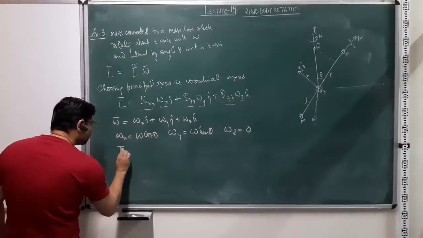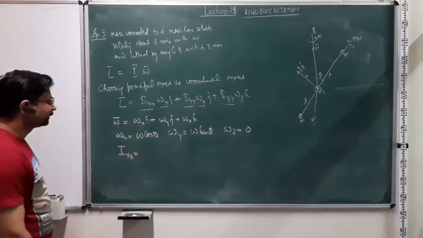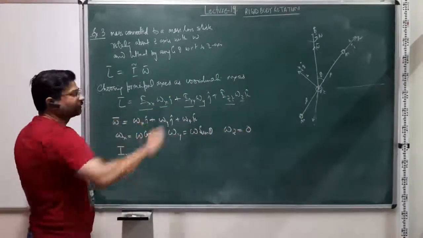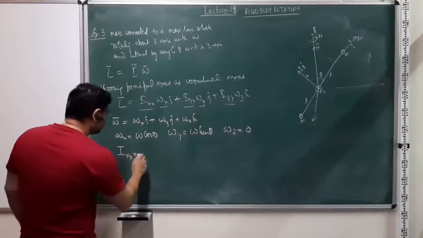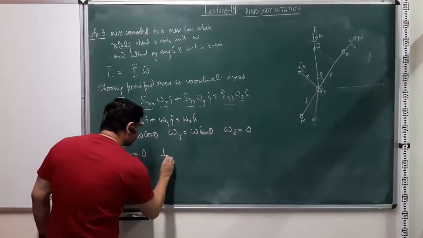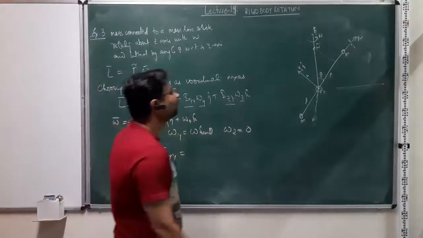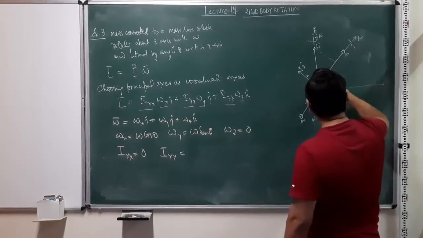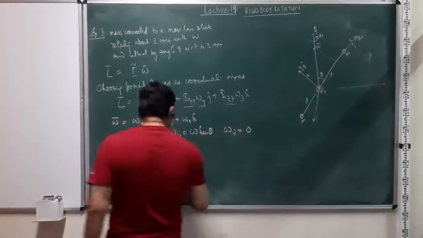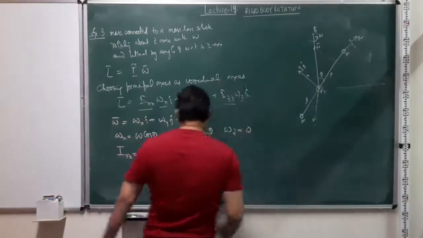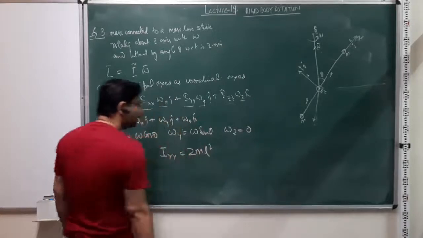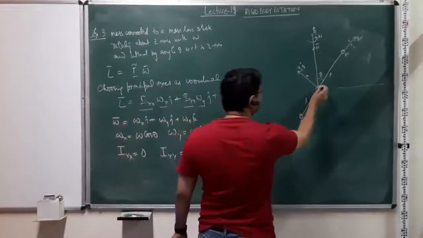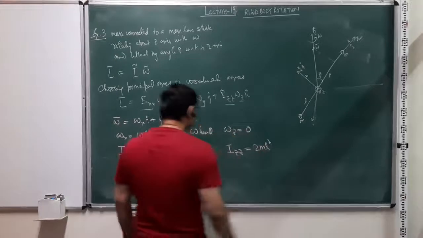Similarly, I can also find the moment of inertia of the system about these three directions. So Ixx along this stick: there is no perpendicular distance from the axis, so Ixx is going to be 0. Iyy, for these two masses, the perpendicular distance from the axis is simply L. So Iyy will be mL square for this mass, mL square for this mass, so twice mL square. And similarly, Izz, by symmetry, because it's just a perpendicular axis, is also 2 mL square.